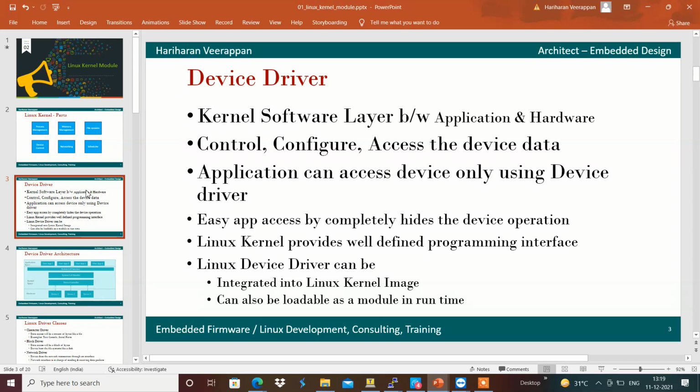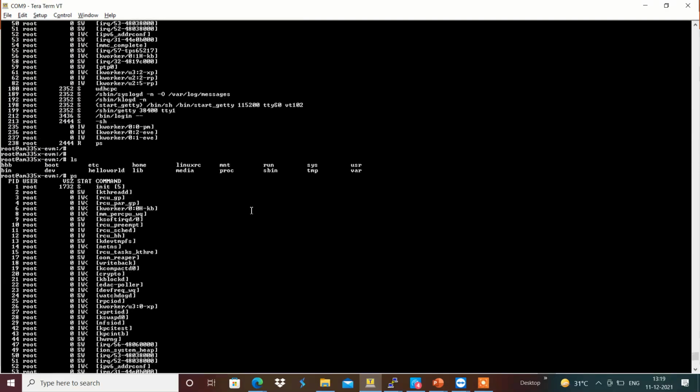Without that, no application can access the device. And the Linux device drivers can be, for example, integrated